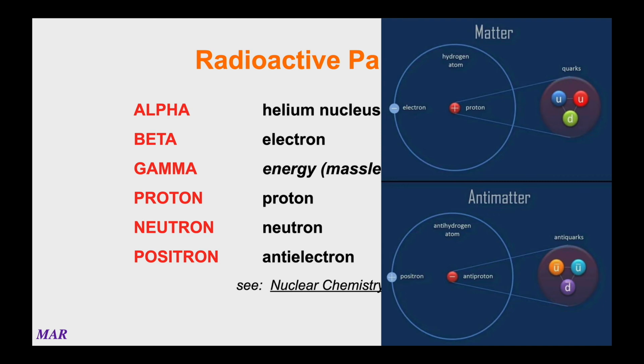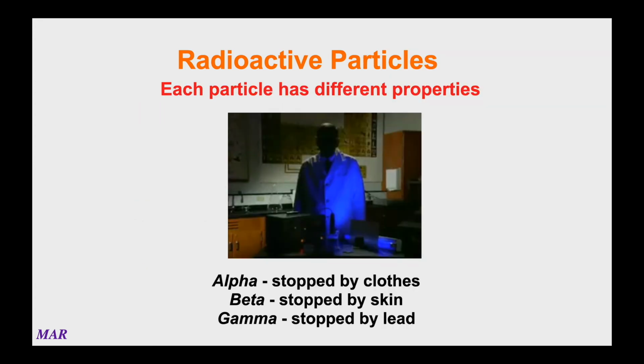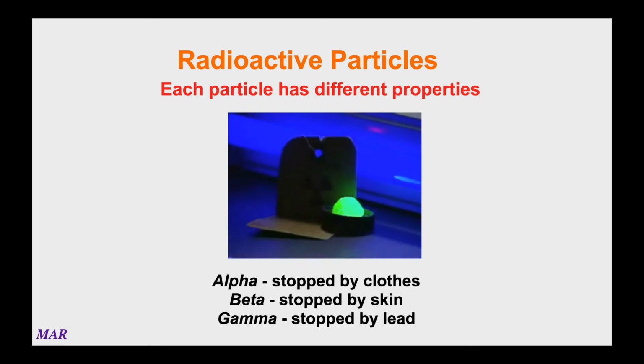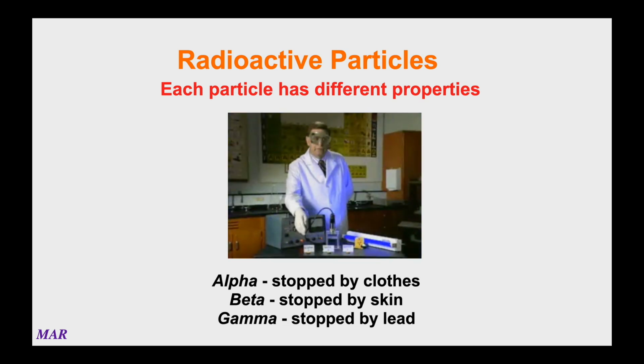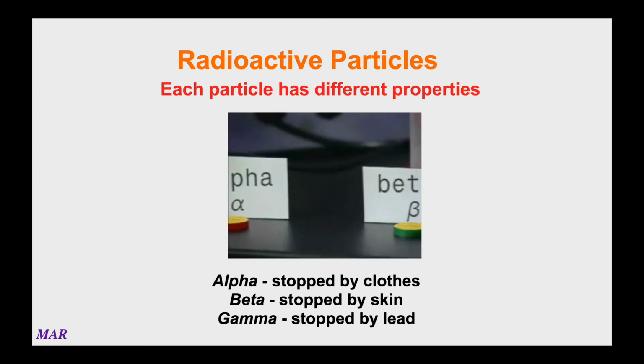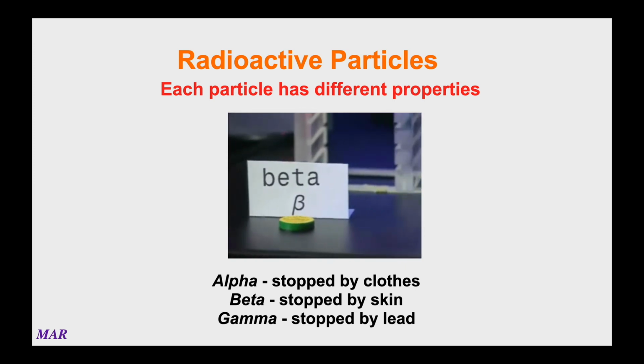But one thing I do want to point out is that the positron is a true example of antimatter. It's an anti-electron. And positrons are somewhat common anyway in this nuclear chemistry field. You're aware that radioactive materials give off energy, especially if we expose this sample to ultraviolet light. We can see it glow. There are three different types of radioactive particle energy: alpha radiation, beta radiation, and gamma radiation.